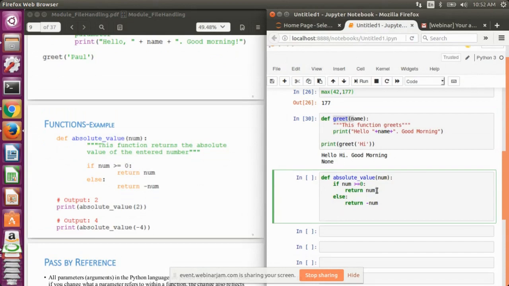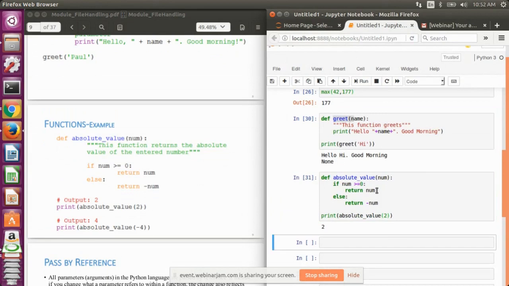So just remember that. Now if I call this function and pass a positive value like 2, the output will be 2.